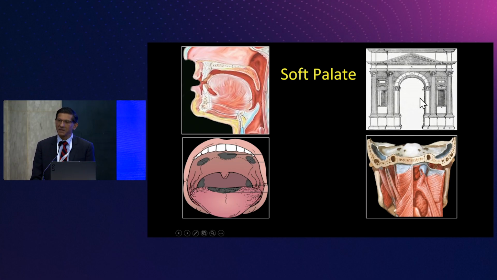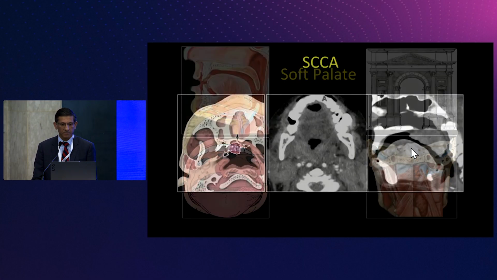That's okay. But the way that I think of the soft palate is that when I look at this arch right here, I see one arch here, I see another arch here. These are what we call the tonsillar pillars, which we just talked about. But what communicates one tonsillar pillar to the other? Well, it's the palatal arch. So for me, it looks like an Italian arch. Now, what tethers the palatal arch to the skull base? Well, those two tethers are the tensor and the levator veli palatini muscles. So when I think of the palatal arch, this is how I think about the soft palate.